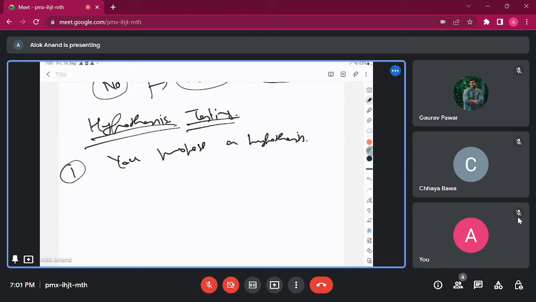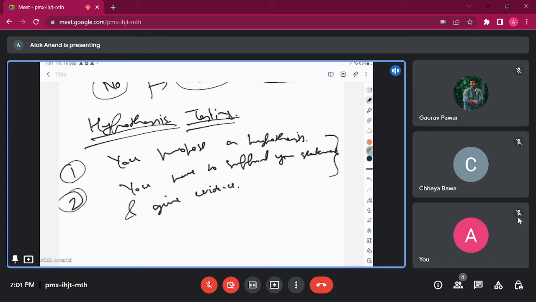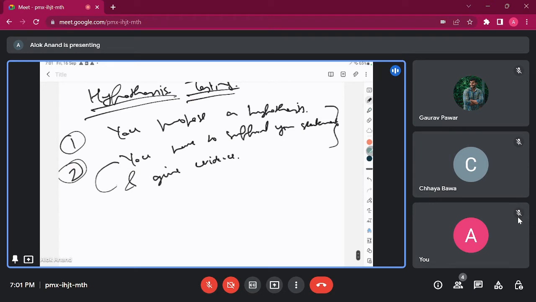Then you have to support your statement and give evidence. Simple. तो ये दो चीजें हमें करना होता है. आप एक स्टेटमेंट प्रपोज करते हो और फिर आप उस स्टेटमेंट को प्रूफ करने के लिए एविडेंस प्रूफ दोगे. ठीक है? ये एविडेंस देने के लिए हमारे पास a number of steps are there, a number of calculations have to be done,